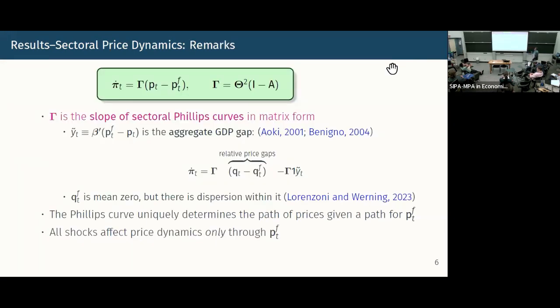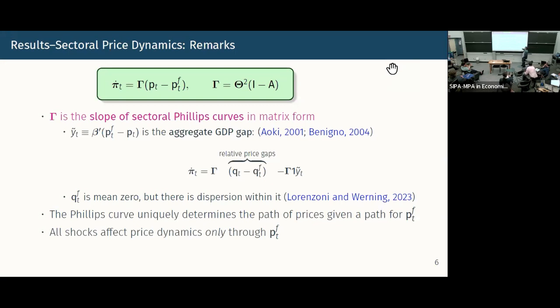So the significance of this duration adjusted Leontief matrix is that it's the slope of the sectoral Phillips curves of this economy. Why the sectoral Phillips curves? Because if I take the deviation of prices from this PTF flexible prices, I can decompose it into a vector of relative price gaps and pull out an output gap from it, which is usually how we see this equation